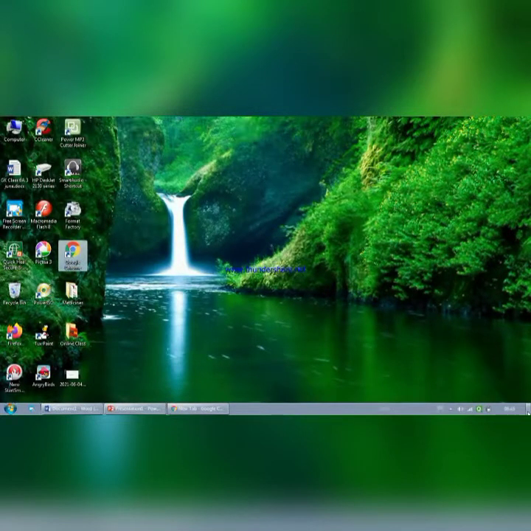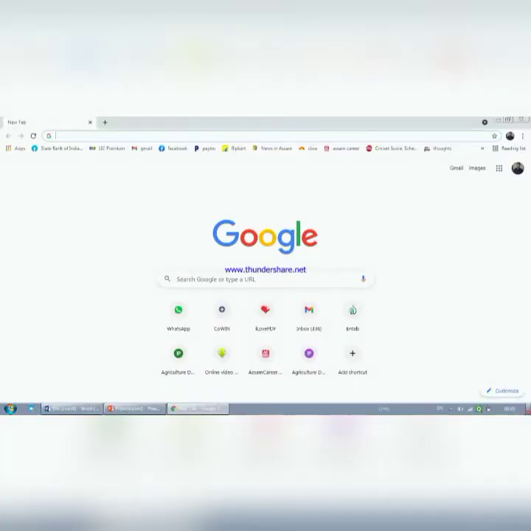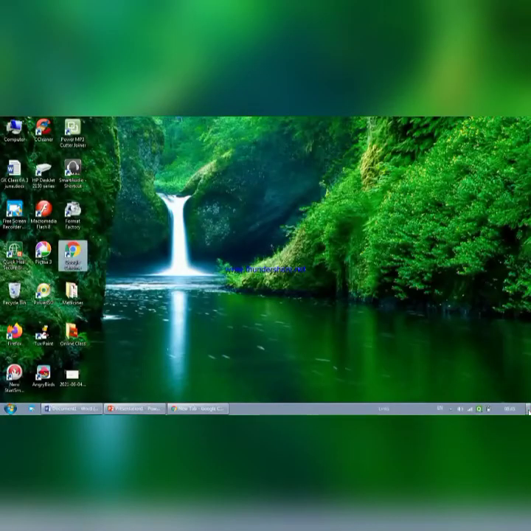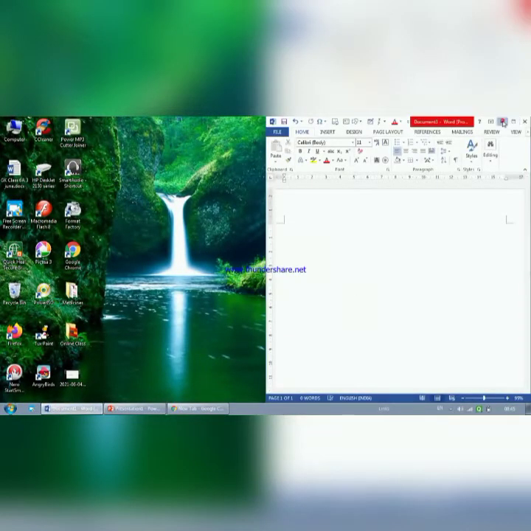This is called Aero Peek. Directly it will go to the desktop if you click this side. Again, if I click here, directly it will go to the desktop.